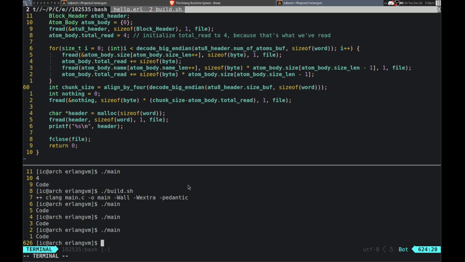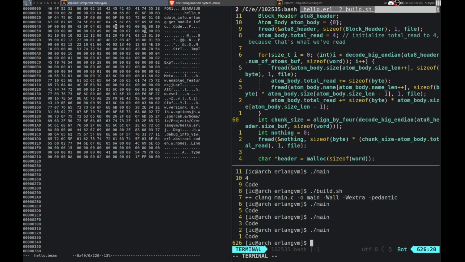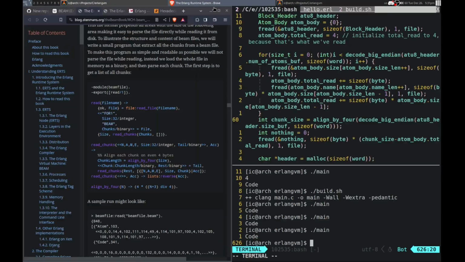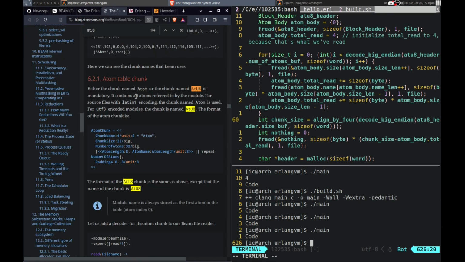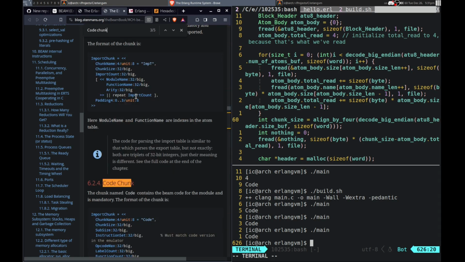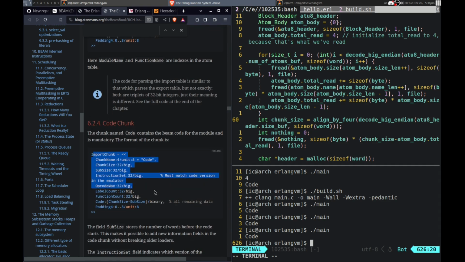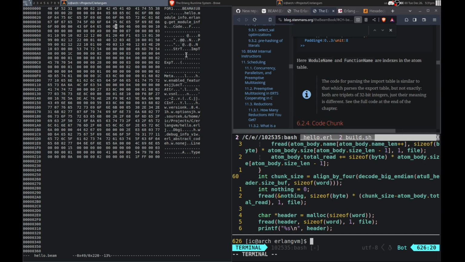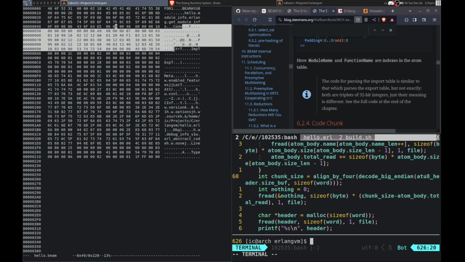So let's see. Yeah, so we're reading the code. Now we need to get that. Basically. Get the stuff from it. So let's see, where are we at? Yeah, so we have the code. Oh, there we go, right here. So yeah, this has quite a bit of stuff here because we have the instruction set and all that stuff. Let's see, story T. Yeah, so we can see some other headers here, but this looks like it is all the code. So that is what we would be generating. Once we get to that.